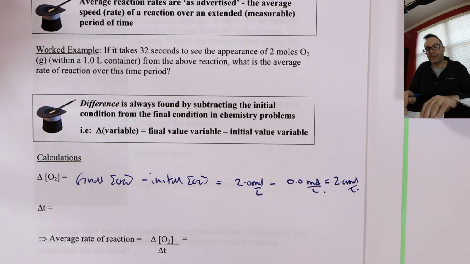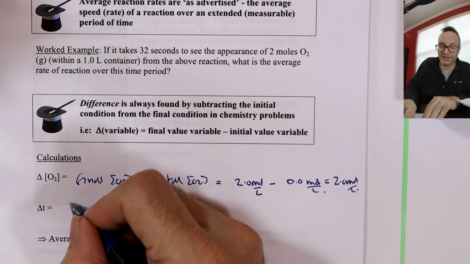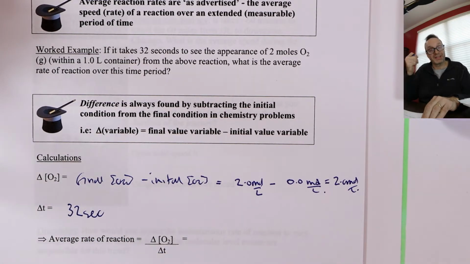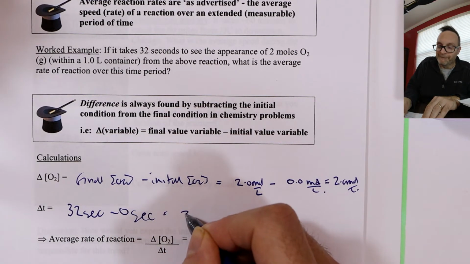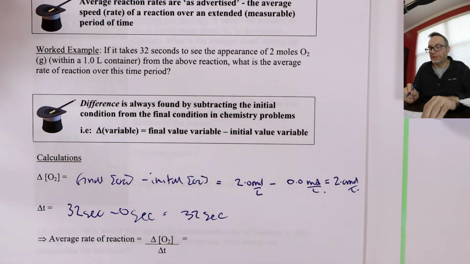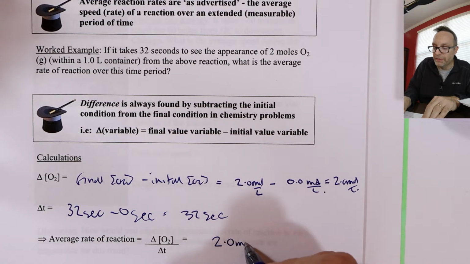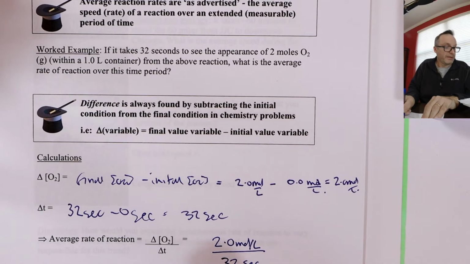2 moles per liter. Change in time: the final time, the experiment took 32 seconds. I'll just write it down, 32 seconds. And we all start at time 0, so when we say go, it's time 0. So it is trivial, it's 2 moles in 32 seconds. That's clear from the numbers, but they're easy numbers. So why don't you just figure it out? What's the average rate of reaction? It's 2.0 moles per liter in 32 seconds, which equals